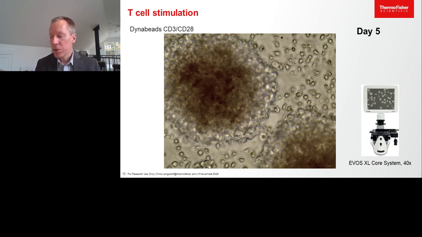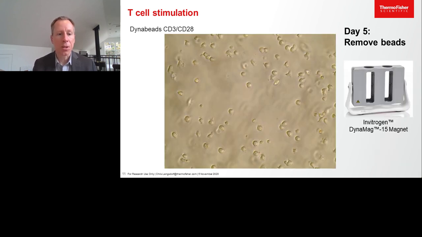Now, this is not a spheroid or an organoid by any means. It's just a loose association of cells. And so we can either swirl the media in this plate, or we can use a very large pipette, like a 25 mL pipette, and just aspirate up and down the cells and the media, and it will disrupt these structures back to single cell suspension. Then we can put these in a conical tube in a magnet and pull the beads out. And what we're left with is purified and activated and expanded human T cells that we can take and put